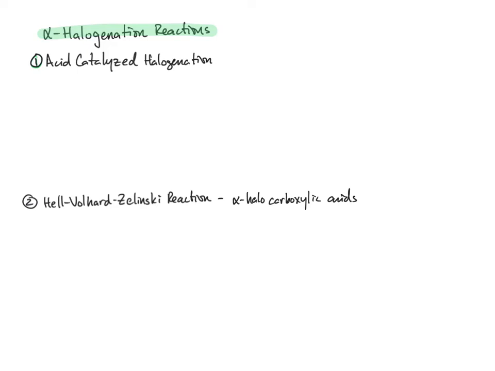In this tutorial screencast, we're going to look at three separate reactions that achieve alpha halogenation of carbonyl-containing compounds. The first reaction we will examine is the acid-catalyzed halogenation. So if we consider the following substrate,